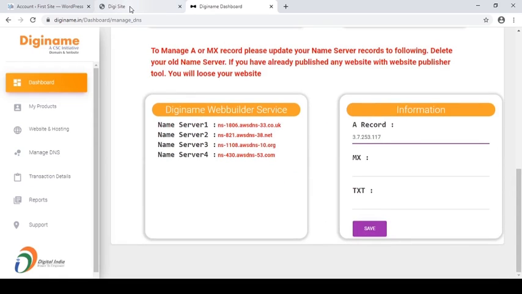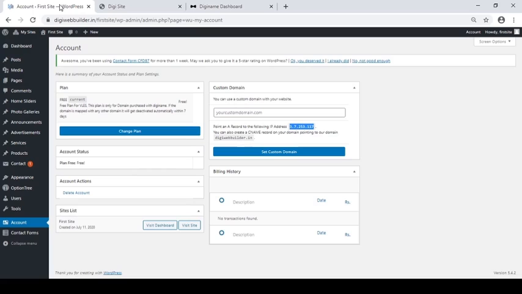After clicking on save button, go to your WordPress panel again, enter your domain here and click on set custom domain. Now your domain has been linked with your free website template. Now you can access your website using your domain name.